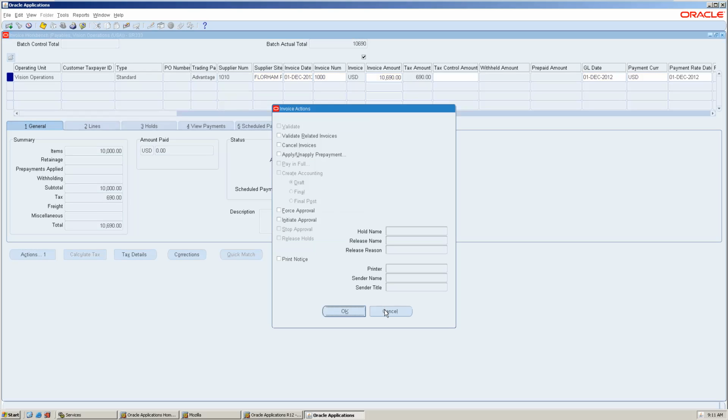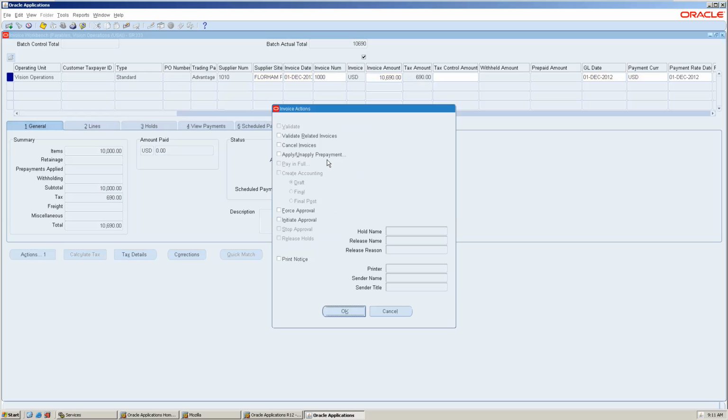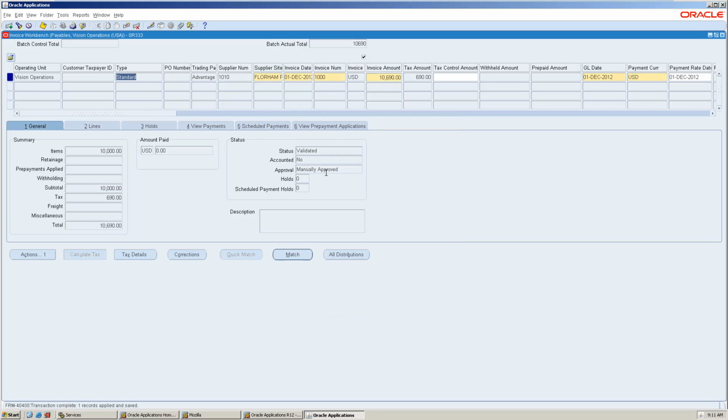Okay. See the action. And one more option is there. Now, if manager 2 is on leave, but the invoice is very important, it has to be approved and paid, so he cannot approve. So what is there? Another option is called force approval. A general manager or high-level CFO will have it. See, force approval will force the approval, it breaks the hierarchy. See, it is manually approved.